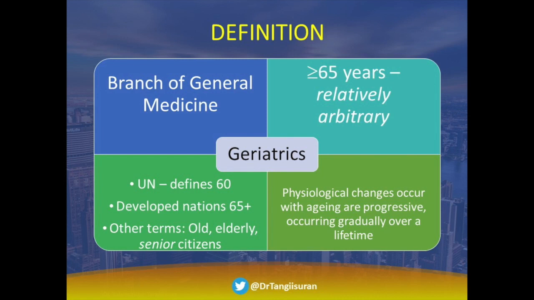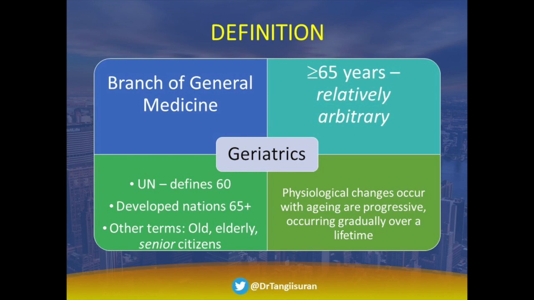use this definition. The FDA, for example, requires available clinical trial data for individuals over the age of 65 to be included as part of the required labeling for medications. The United Nations defines geriatrics as 60 years old, and most developed nations use a cutoff value of 65 and